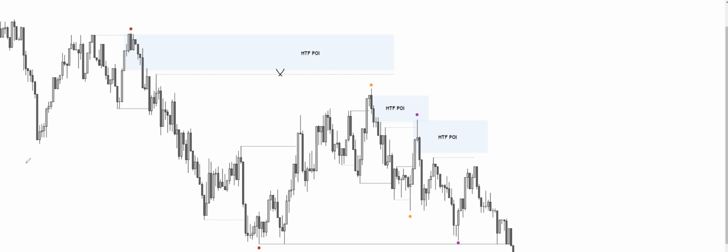Obviously, if I'm trying to ping pong, I can just take trades. Let's say, for example, right here we have a BOS. That's a three candle formation, so that basically onto a lower time frame is just going to be a QM, right? It's just going to be a weak high, since we're going up higher.